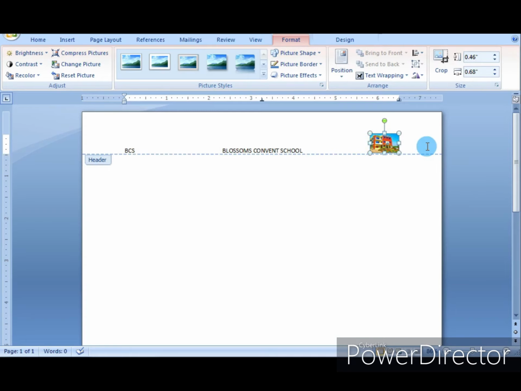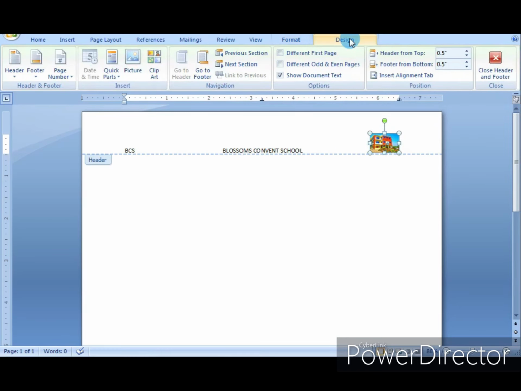Now you can see how to add picture in this. Now one more thing, you can also see the format tab on the ribbon. When I insert picture, it is automatically displayed on the ribbon. And when I insert header, the design tab is automatically displayed.